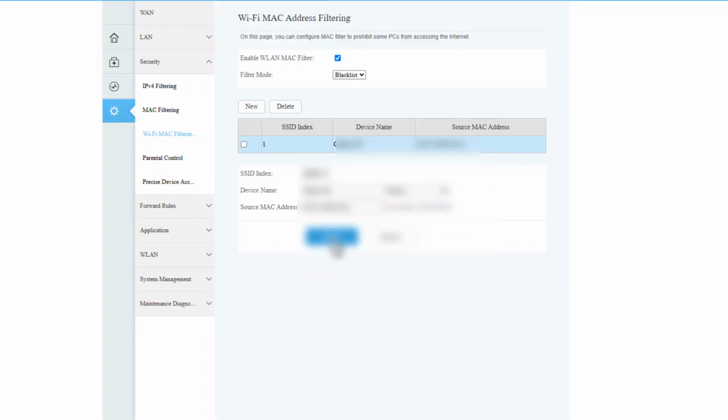Now that we have kicked off the intruder, the next step is to change the Wi-Fi code. Because if I simply keep the blacklist, a skilled hacker can change his MAC address and connect again to my Wi-Fi network. So let's do that. I will also show you how to choose strong authentication and encryption protocols. So depending on your router model, for mine, I'm going to click on WLAN